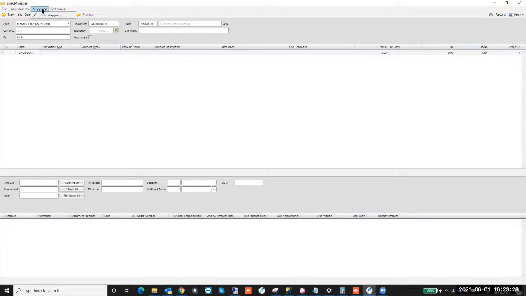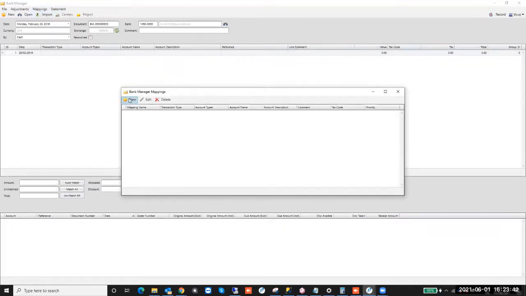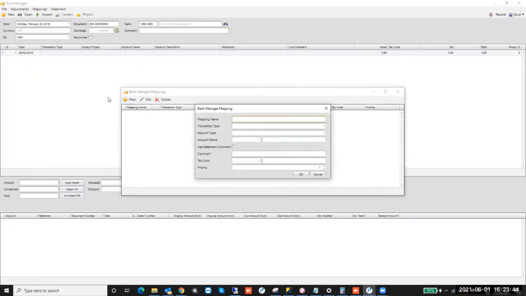I just want to show you before anything else is sorted out, the mappings. We have mappings on the bank manager. This is to make sure that the system is trying to allocate certain things. So we would set a mapping up, mapping name. So if we have to import a file that states that this is, let's say, Durban, so our OFC file or OFX file is Durban. And if the transaction type is a payment with a customer, and for this specific customer,